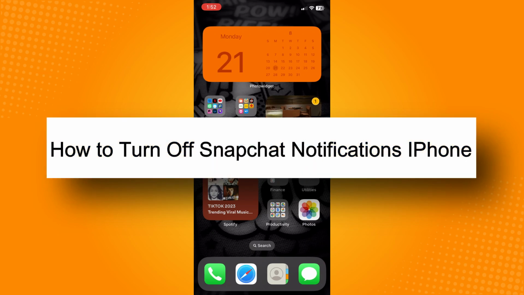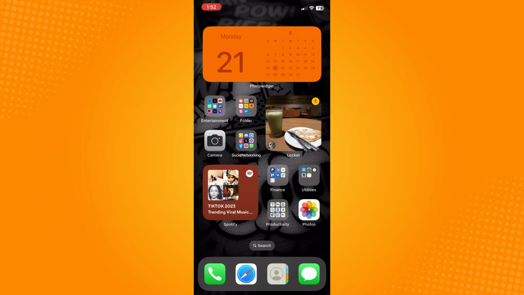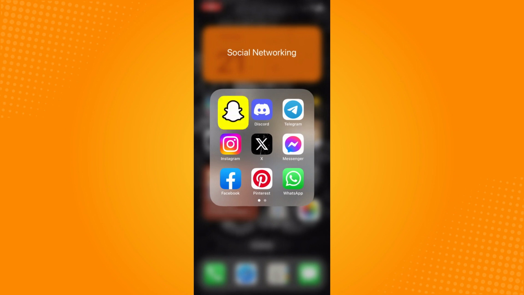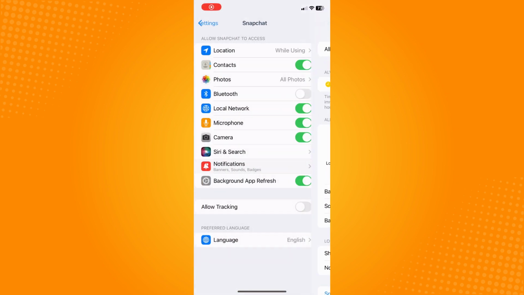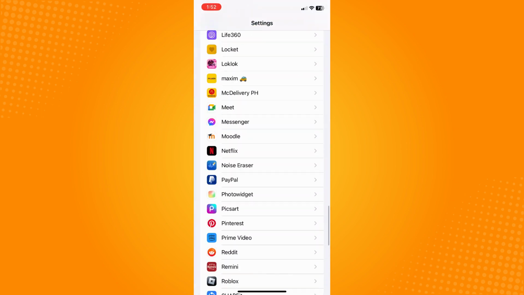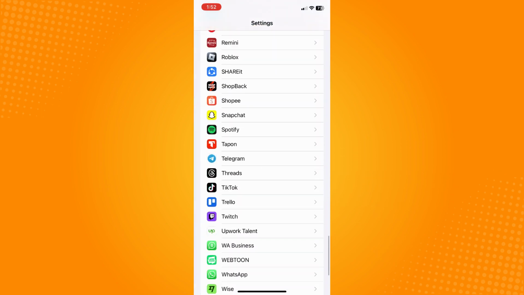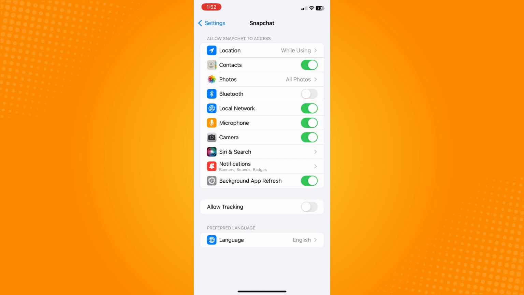So how to turn off Snapchat notifications, iPhone. So all you have to do is go directly to your settings. Go here to your settings. And what I want you to do next is to look for the Snapchat application on your phone. Here, Snapchat. And here you will see the allow Snapchat to have access to, and you will see a